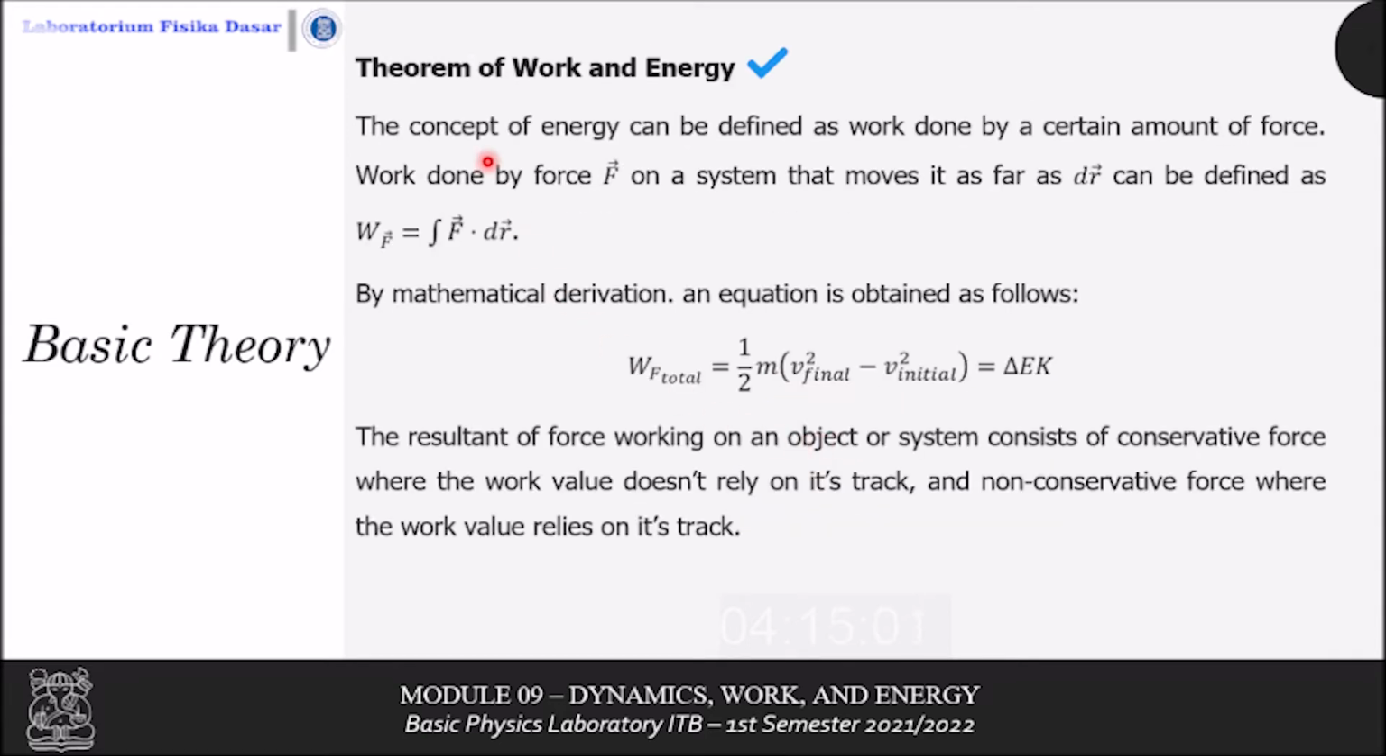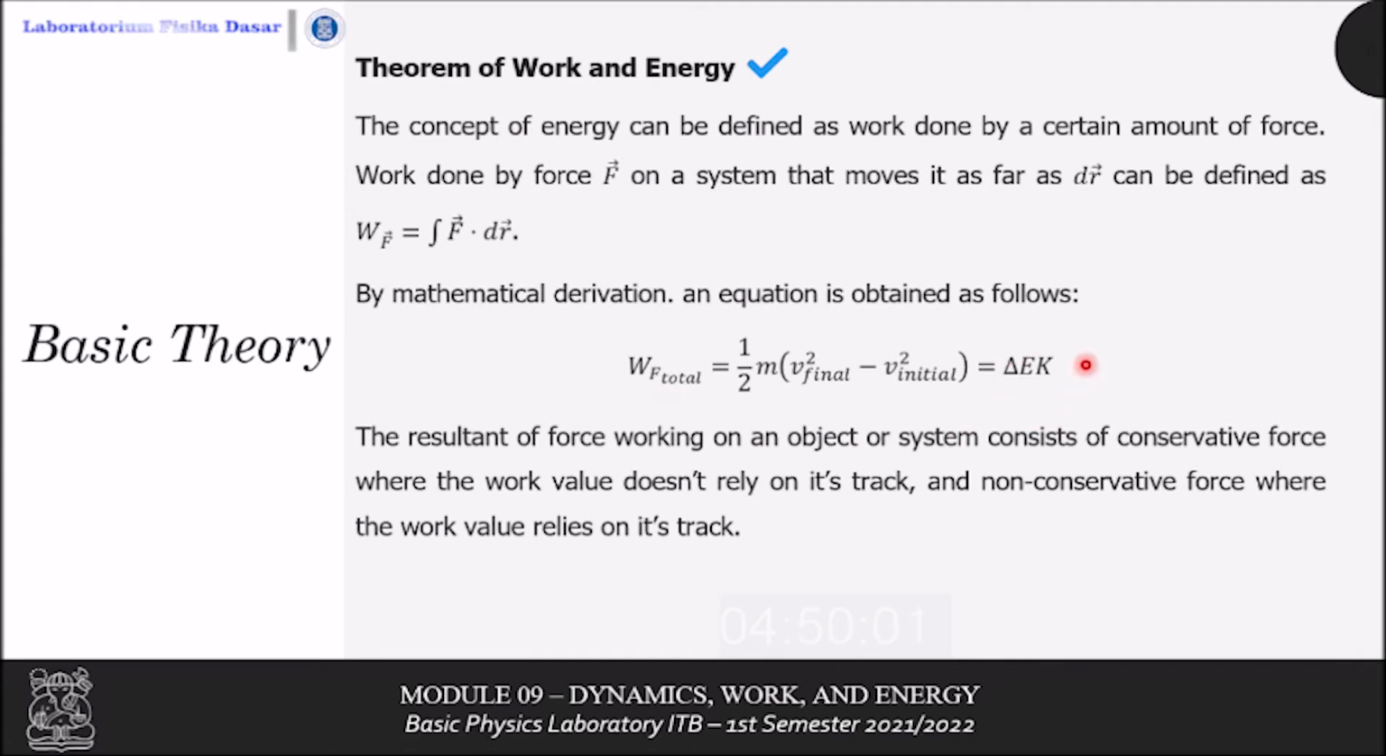Next is the theorem of work and energy. The concept of energy can be defined as work done by a certain force, say F, so that the system moves as far as dr. Therefore, we can define work done by this force as W_F equals integral F dot dr. Now, if we assume that this force is always constant, then by further mathematical derivation, we obtain the following equation, which shows that the total work done by the force F is equal to the change in